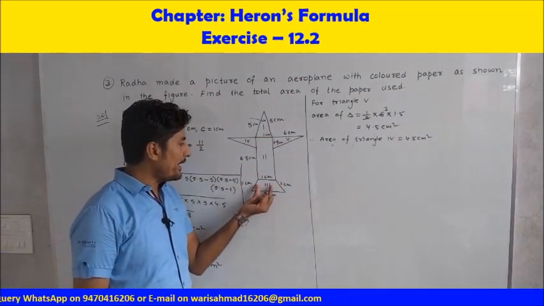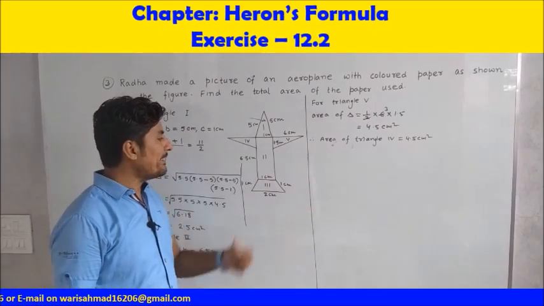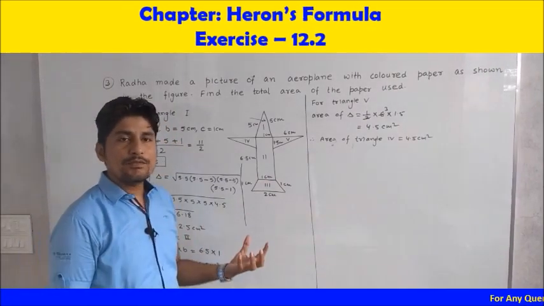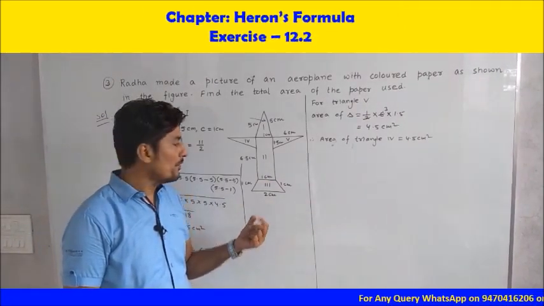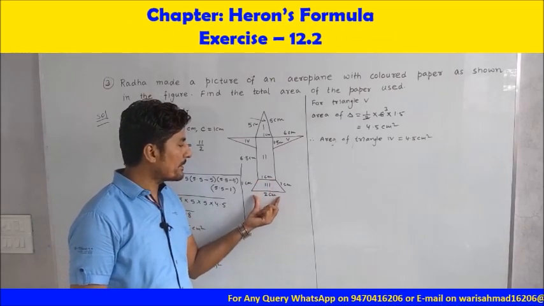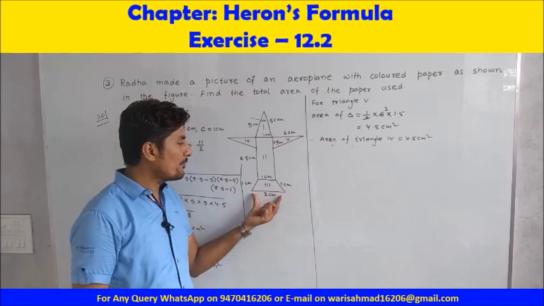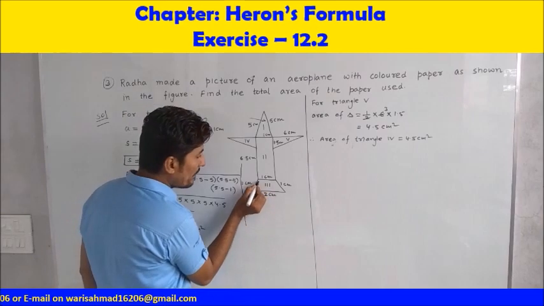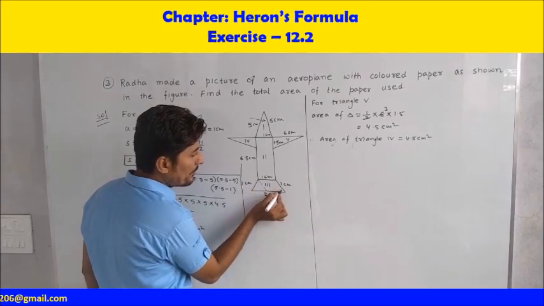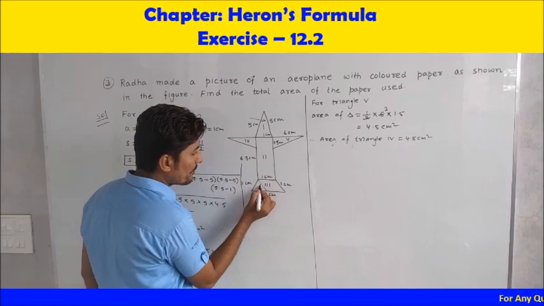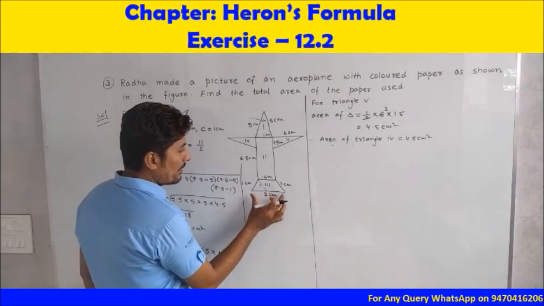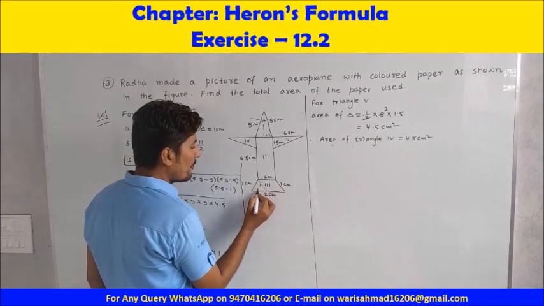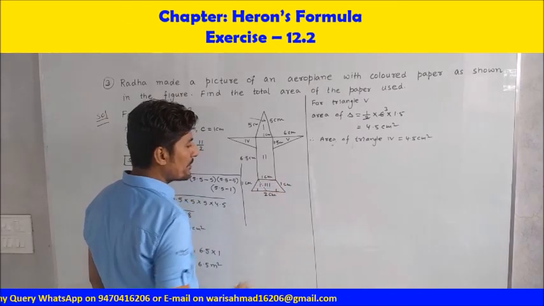Now, at last we have to find the area of this trapezium. To find the area of this trapezium, first of all, we have to find the height of this trapezium. Because as we know, area of trapezium equals 1 upon 2 into sum of parallel sides. Measurement of parallel sides are given, 1 centimeter and 2 centimeter, but the distance between them is not given. So here we can draw one line parallel to this one. The measurement of this one is 1, so this will also be equal to 1. Now the total length of this is 2, so this will be equal to 1. Since the measurement of this one is 1, this will also be equal to 1.